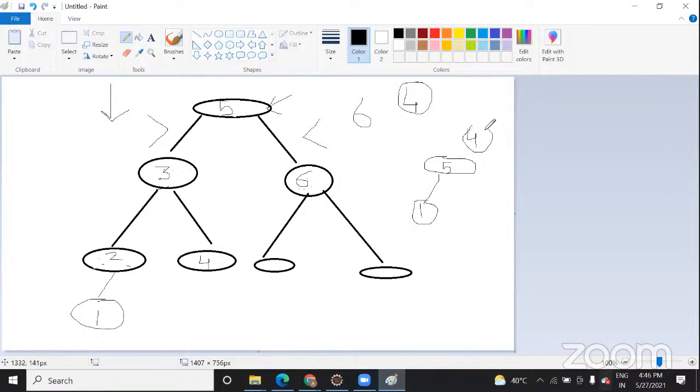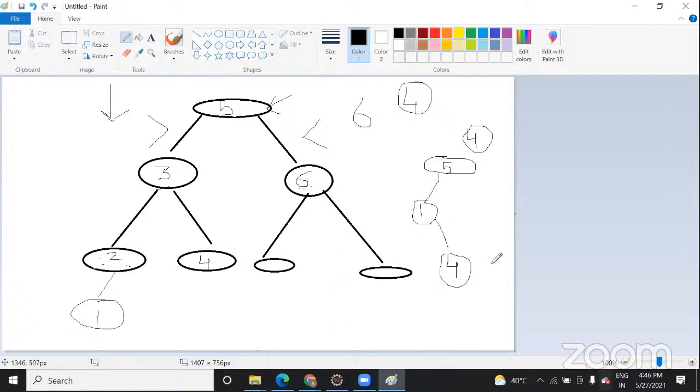Okay, now you tell me, this 4 is less than 5 or greater than 5, correct? So will it come on this side? It will also become greater than 1. So yes, it will come in between 1 and 5 only. Correct. So this will come at this portion. So this is node number 3.